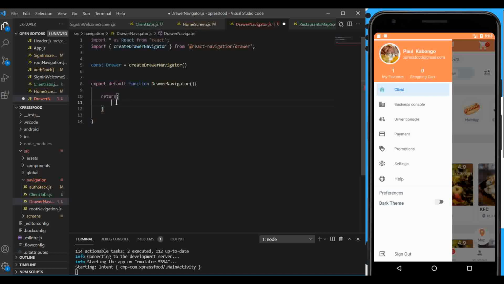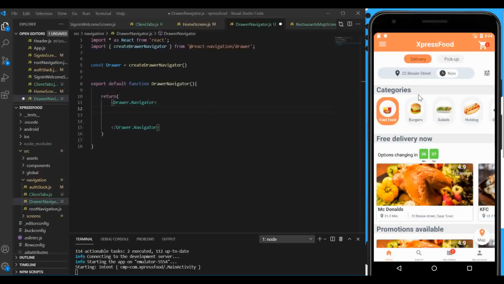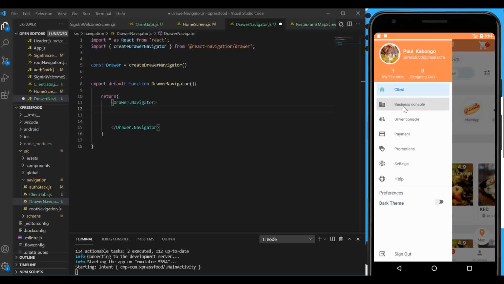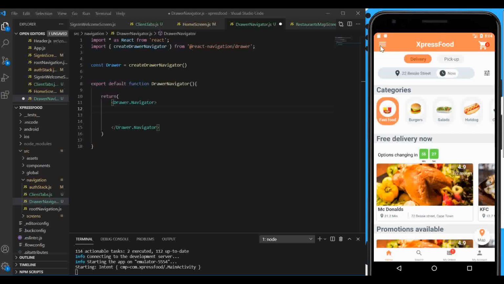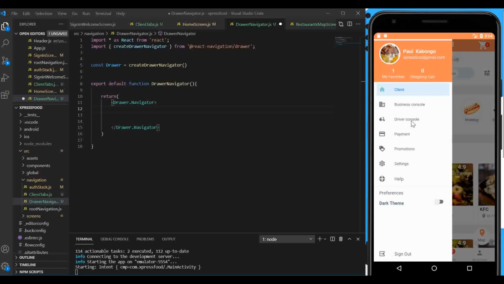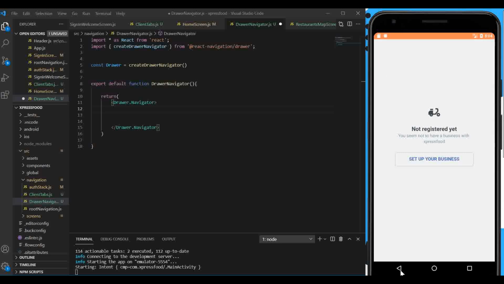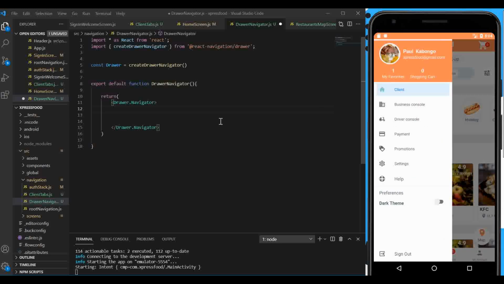and this will be the instance of the drawer. So it's gonna be Drawer.Navigator, this class, and then let's close the tag. Now inside this component, we're going to register all our navigators. For example, you can see we have the client navigator, which is hosting this stack navigation. We also have, for example, business console navigation, which holding this, and we have also drivers, admin panel, and things like that. But for now, let's begin registering some